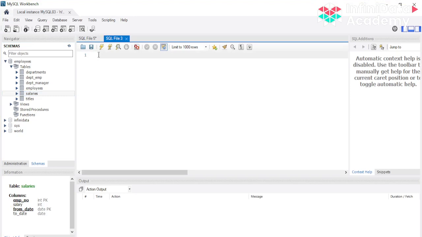So there are basically multiple types of join. सबसे पहले I'll show you the inner join. Inner join में क्या होता है? So what we can do is I can do select star, for easier purposes, or if you want to select specific columns वो भी आप कर सकते हैं. So let me do select star for employees. Okay, firstly let me do use employees to use this data set, right?